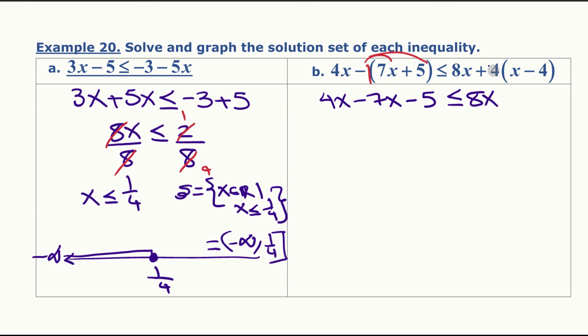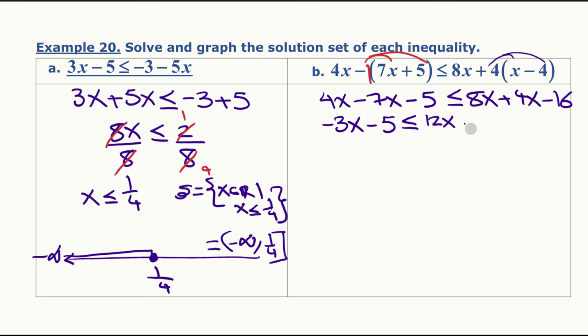Now we're going to distribute the 4, so we get plus 4x minus 16. All right, so now we have negative 3x minus 5 less than or equal to